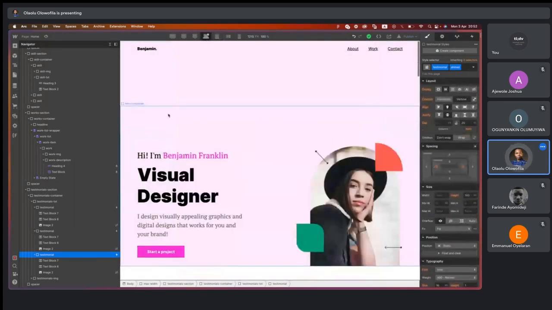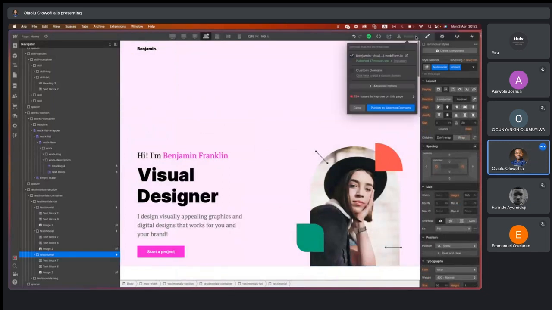So now let's quickly look at publishing our website. Here, I want us to look at this custom domain option. Now, if you have a website and